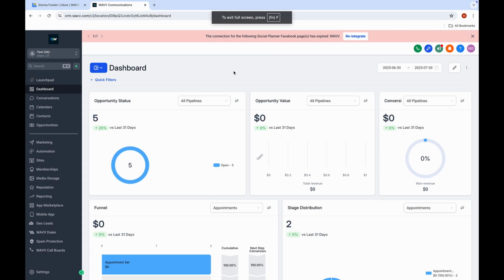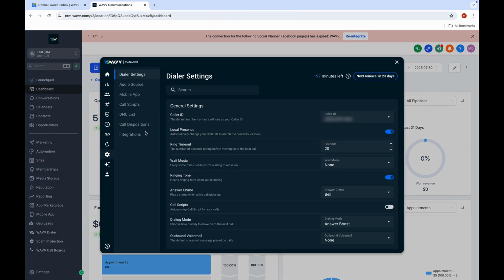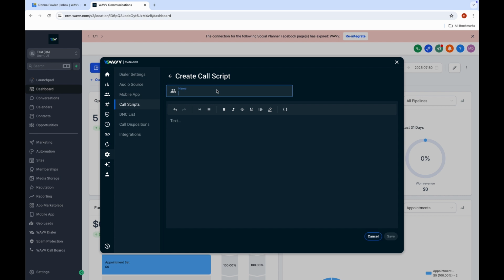To create or edit a call script, open your WAVV Manager, go to Settings, then Call Scripts. From there, you will click on the plus Add Call Script button. Now give your script a name and begin drafting your script here. When you've completed your script, you can click the Save button and it will now be available to your whole